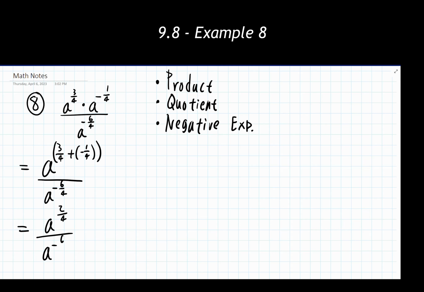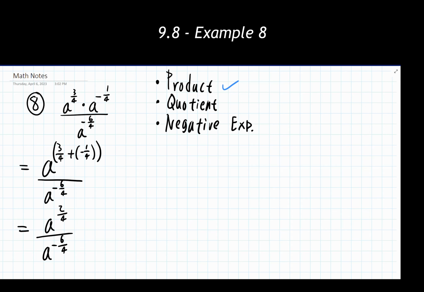Now you might be looking at this and thinking, well, hold on, I can simplify and reduce these fractions down as I'm looking at this problem. And yes, you could if you would like to, but if you're going to potentially use the quotient rule later on, or you might have the product rule showing up, that means you're going to have to add and subtract fractions together. At the very beginning of this problem, all of these fractions have the same denominator. So if I need to add or subtract anything together, all of that denominator prerequisite work is already done for us. So we don't have to worry about that at this point in time.